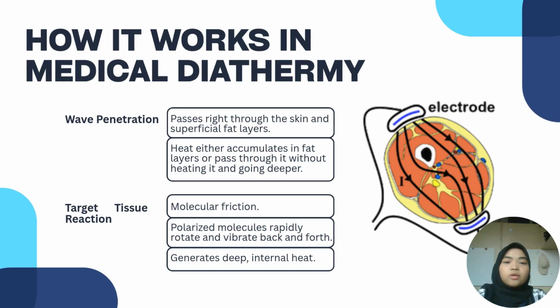The alternating radio waves change direction millions of times per second. This forces the polarized molecules in our body to rapidly rotate and vibrate back and forth. This intense atomic friction generates deep internal heat rather than surface heat from manual